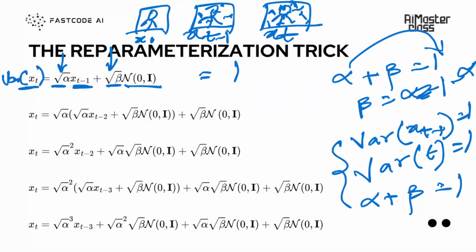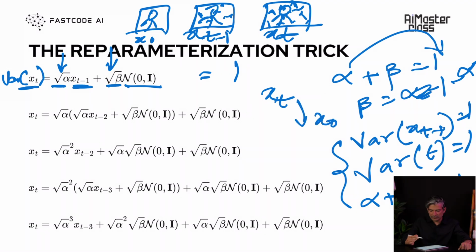But now we also want to do one more thing. We know how to get to xt from xt minus 1. This is simple. You do under root alpha of xt minus 1, and then under root of 1 minus alpha times your noise epsilon, which is N of 0 comma I, right? But now I also want to know how to get to xt directly from x naught, because that is what I will usually be doing in my code. I will have my good image, and I would want to noise it for some t number of steps.